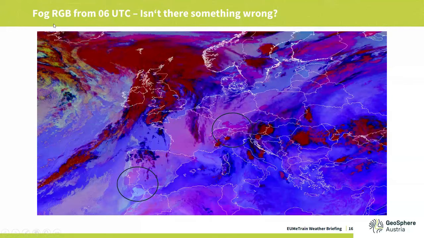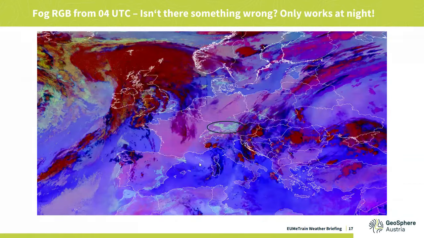This is because this fog RGB only works during night, or best during night, and that's why I jumped 2 hours back. So this is from 4 UTC, and here you can very nicely see the low stratus that was over the south of Germany. And if you take a really close look, like where my cursor is right now, you can even see the